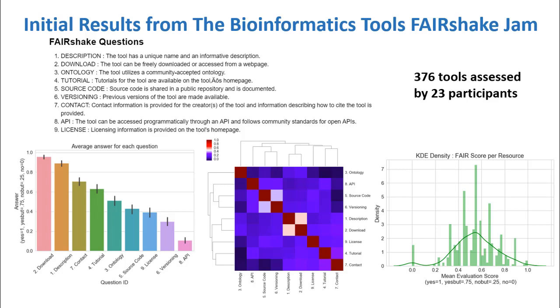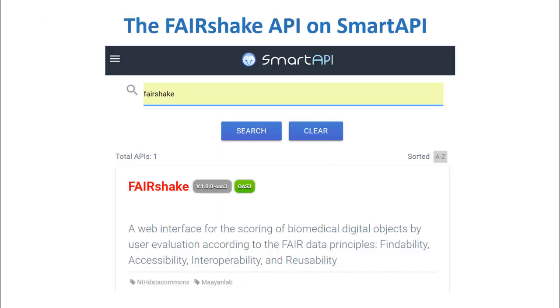So according to this, we estimate it will take around 70 working hours to complete all 4,000 tool assessments. One idea we can implement is to source the assessments to the producers, asking them to self-assess. This might also motivate them to improve the fairness of their tools. All the functionality of the FAIRshake system will soon be made available through a set of APIs. These APIs will include the ability to start a project, register digital objects, register questions and rubrics, assign rubrics to digital objects, perform assessments, and retrieve scores and information to display